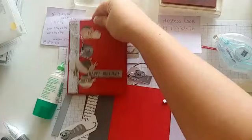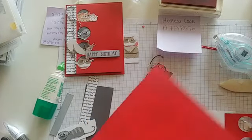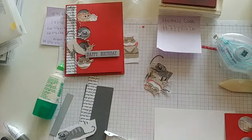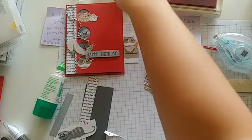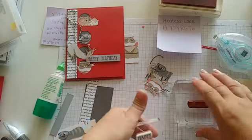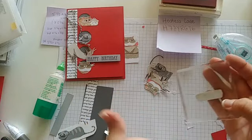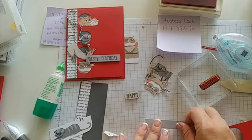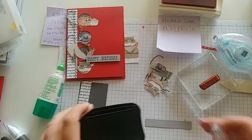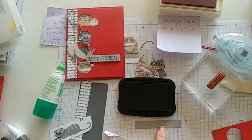Let me get this card over here so you can see it a little bit. And let's go ahead and do our stamping for this one. I used the well-written stamp set for this guy. And how I did it was I have 2 of the stamps separately. I didn't put the birthday on this one, but this one does say birthday. That one's the happy. And that way you can space it however you want. And I use the memento ink. If you don't have the well-written stamp set, you can use whatever will fit on this cute little